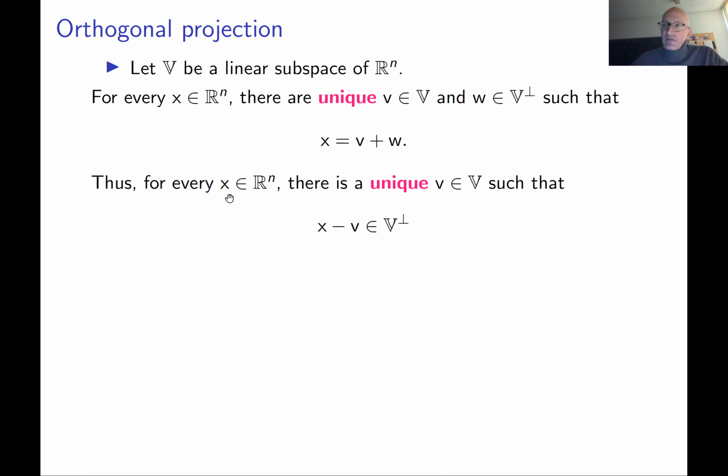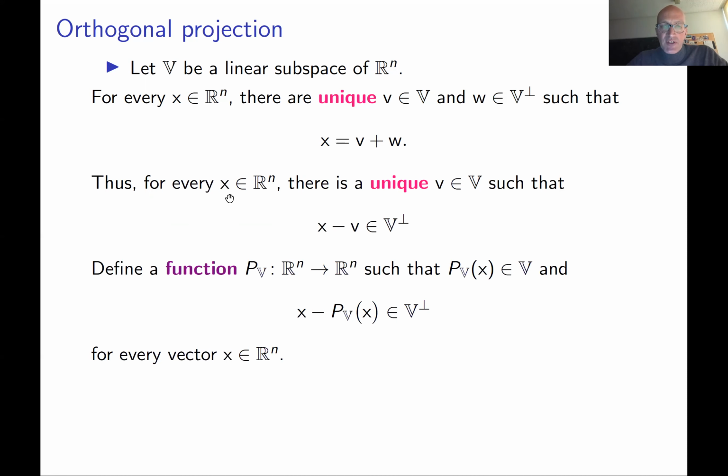Okay, what is a function? It takes a vector and uniquely corresponds it to some output in another vector space. In this case, it's the same vector space. So we can take vector x and map it to vector v. Vector v is uniquely determined by x. Okay, so this means the function is well defined.